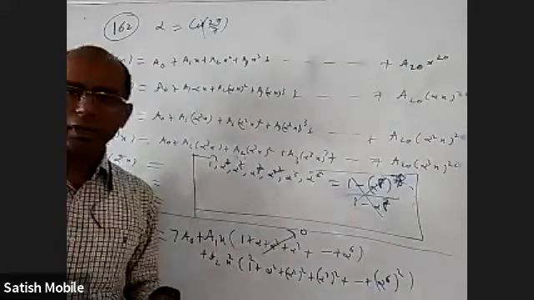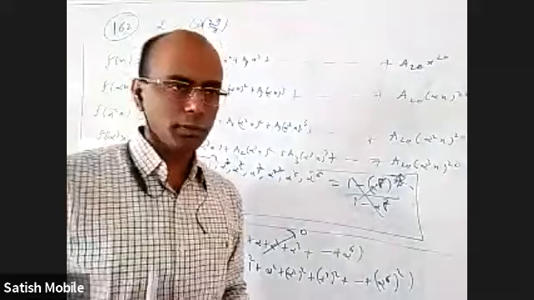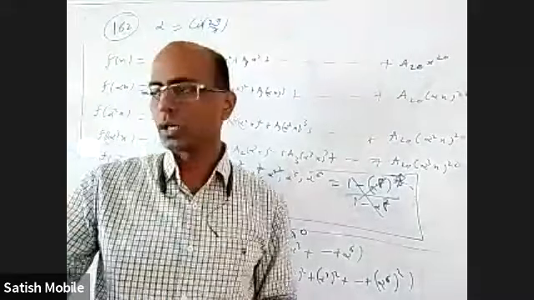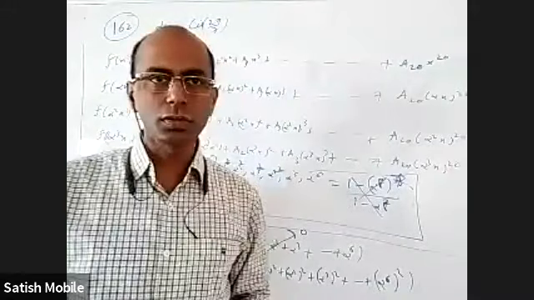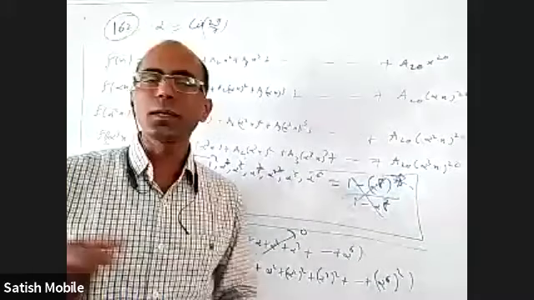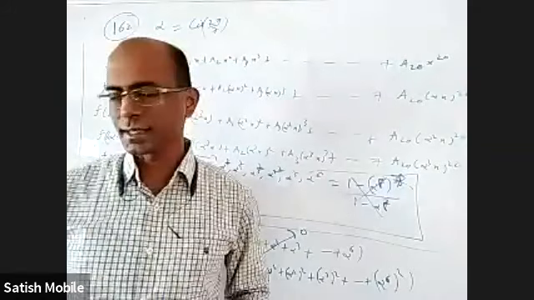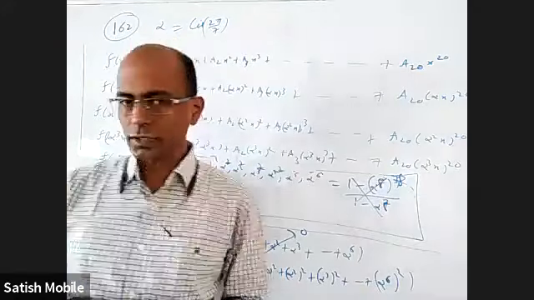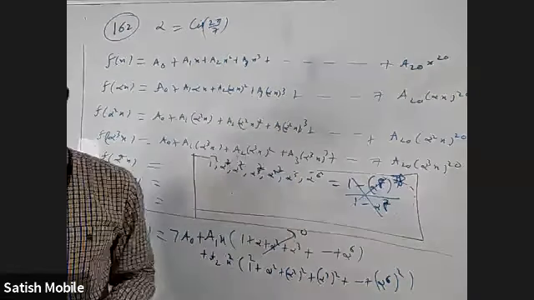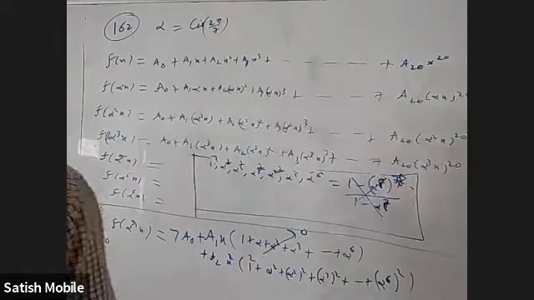That means when you take 1 power p, alpha power p, alpha square power p for all the nth roots of unity, answer is 0 provided the p is not a multiple of n. When it's a multiple of n, answer is n itself. It is an IIT question in your last exercise in De Moivre's theorem, isn't it? Online people are able to recollect the question you did last exercise? Yes, sir.